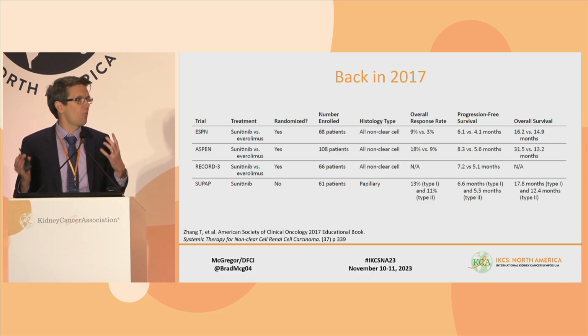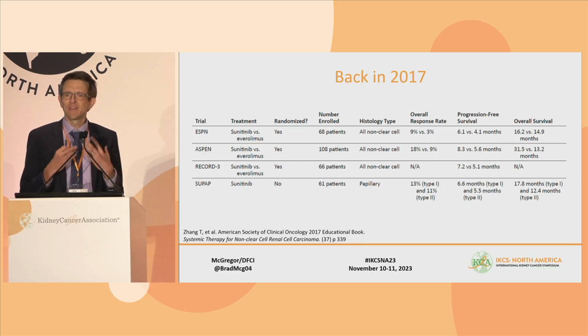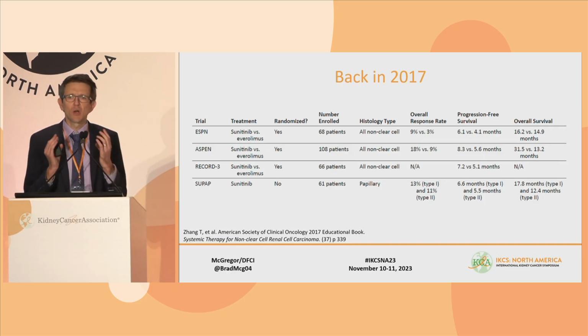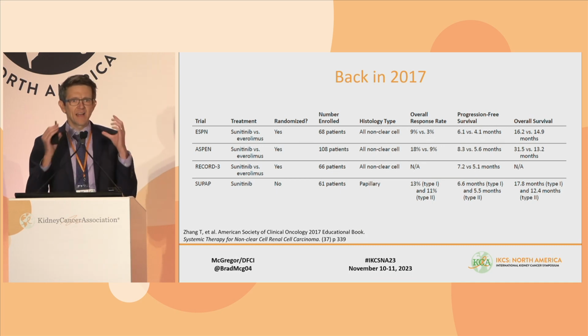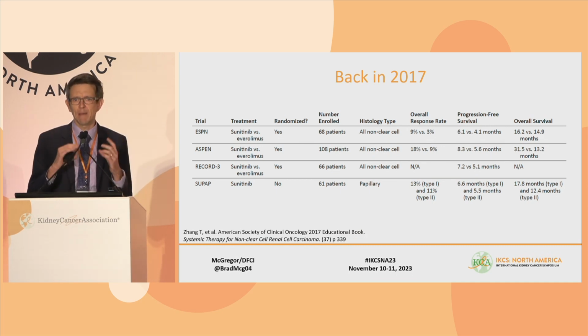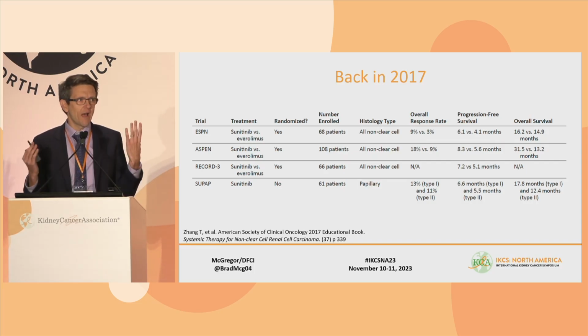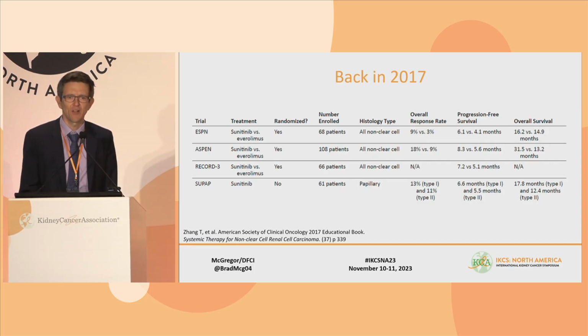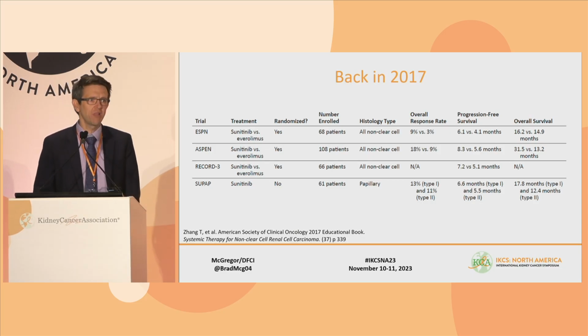It's easy to say, oh, well, what was the treatment back in 2017? And we had studies, and we had sunitinib was better than everolimus, and we say, okay, that's the story, but there's actually so much more to the story than just what treatment was available, because back then you had the slides like, oh, there's non-clear cell, and there's papillary, and there's chromophobe, and it's unclassified. And now, I don't know, I get like 1 million different pathology emails with a new diagnosis I haven't heard of every day, and it's a question of how does that all come into play,